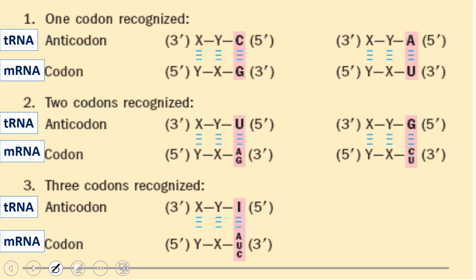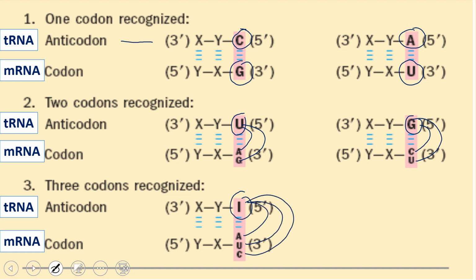And this is our wobbling. So when you have cytosine in the anticodon of tRNA, it can pair only with G. If you have anticodon A at the 3rd place, I am talking about, it binds only with U. If you have U, it can pair with A also, it can pair with G also. If you have G, it can pair with C also, it can pair with U also. And in case of inosine, it can pair with A, U and C. So this we have already seen during the wobble hypothesis or wobble pairing.